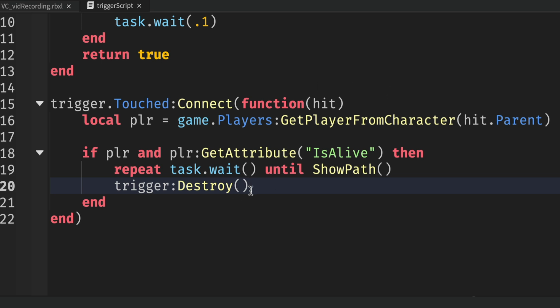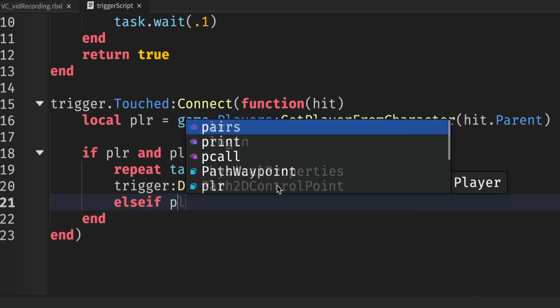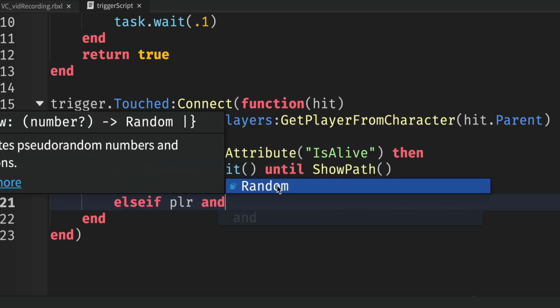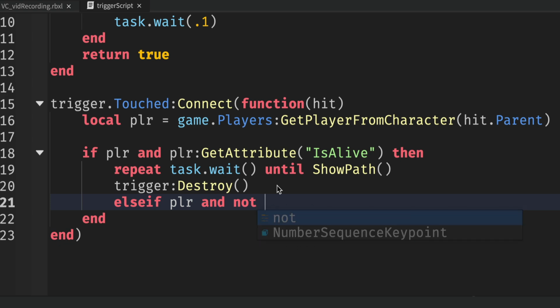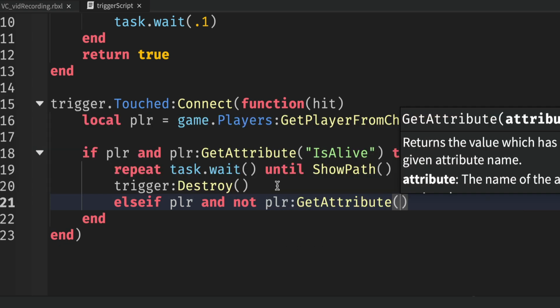Now, this is dependent on the player being alive. So now we'll write a piece of code that, if the player is dead, then we're simply going to give them a message and destroy the part anyway. So just below this, type else if. So if we still have a player, and this time we're going to say and not player get attribute is alive,